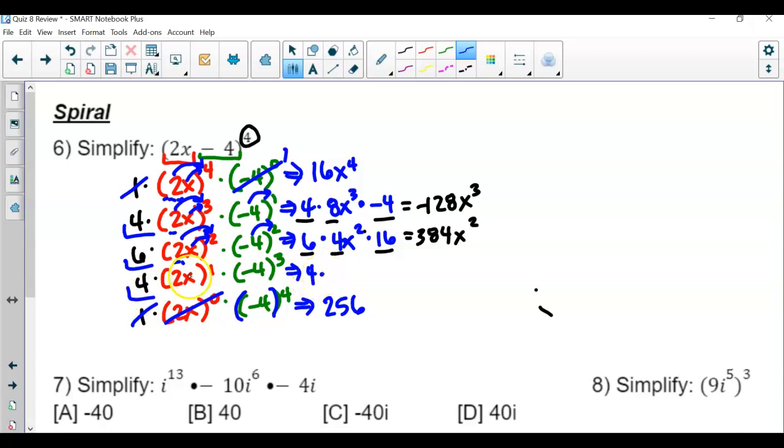So 4 times, well, that's just 2x to the 1st power. So that still stays 2x. 2 to the 1st is just 2, and x to the 1st is still x. But we do have -4 here being raised to the 3rd power, which is -64. So now here, to simplify, we need to multiply 4 times 2 times that -64, which in this case now you will get -512x. So the final polynomial is 16x to the 4th minus 128x cubed plus